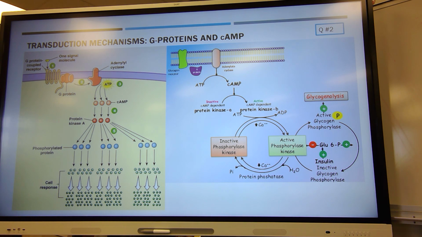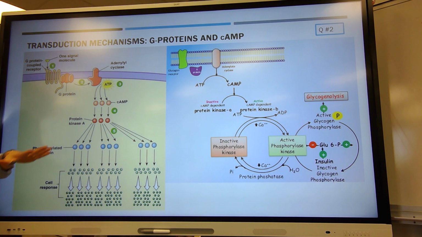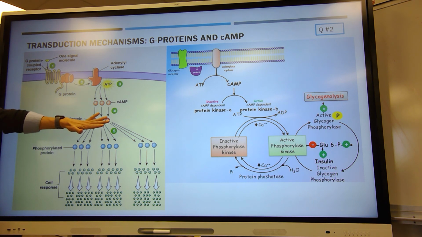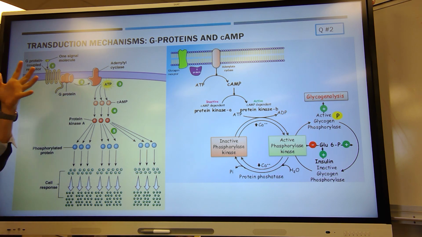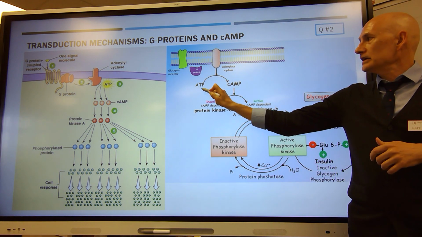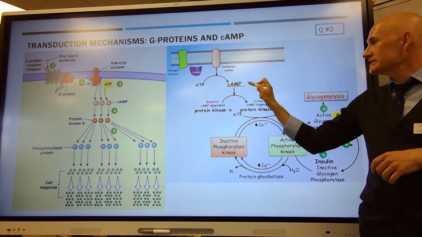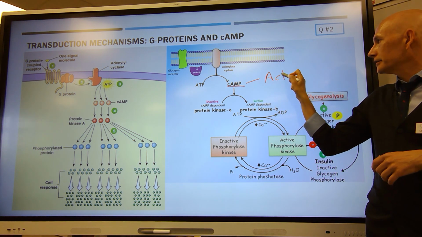"such and such is a G protein kinase mechanism," which just kind of makes you wonder, what does that mean? All it means is it's a signal transduction mechanism. You won't have to explain what and how a G protein kinase mechanism works. Just be aware that it's a signal transduction pathway. Same thing with cyclic AMP. Cyclic AMP is when ATP gets converted into this form, and then this is an activator